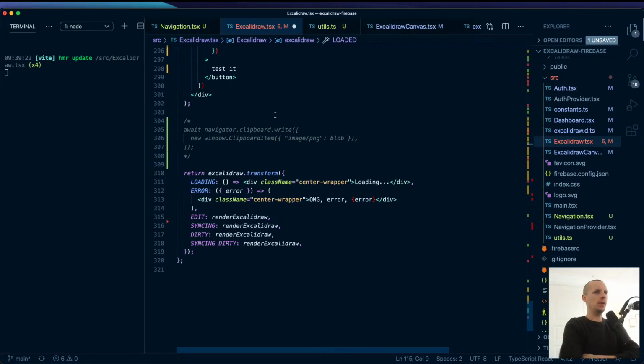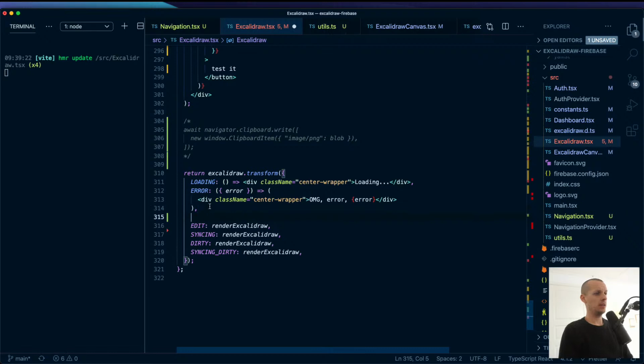This is so complicated. How are we going to do this? And we need to wait for the Excalidraw to be ready as well. The easiest thing would be to just have loaded here, render Excalidraw, and that will,